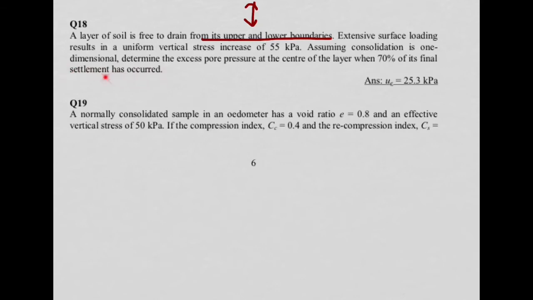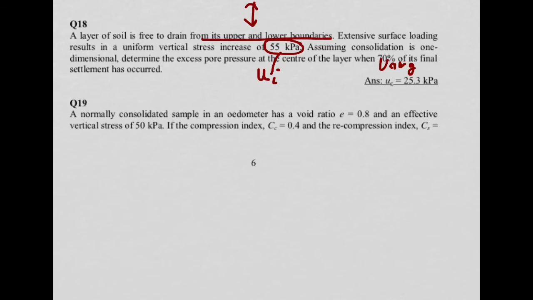It means the average degree of consolidation here is 70%. So this is the average degree of consolidation, 70%. And we have this 55, which I can consider like the initial excess pore water pressure. And now he is asking me, after loading this soil, which is two-way drainage, he wants to know the excess pore water pressure at the center of the layer when 70% average degree of consolidation